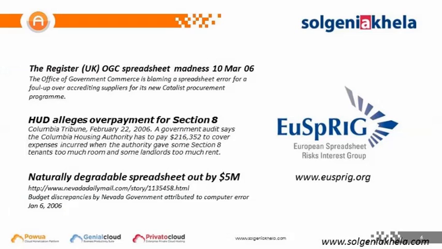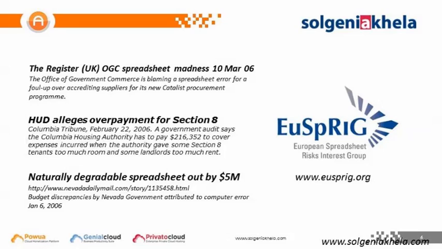According to the European Spreadsheet Risk Interest Group, it's an interest group, it's online. You can visit them at eusprig.org. The URL is on the screen. They actually have captured stories of how spreadsheets have gone wrong. Some of the examples are up on the screen where somebody in the government, with the Nevada government, made a mistake of $5 million. It was an error they made using spreadsheets.